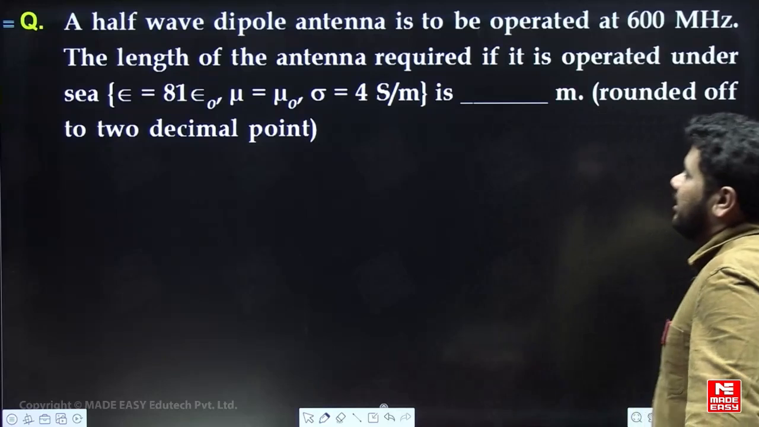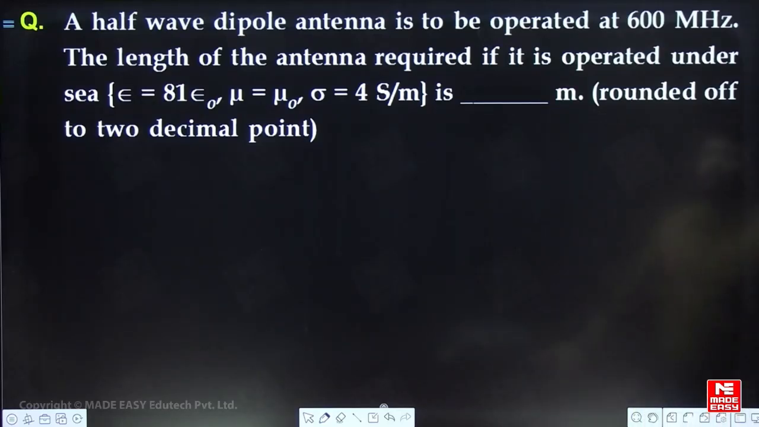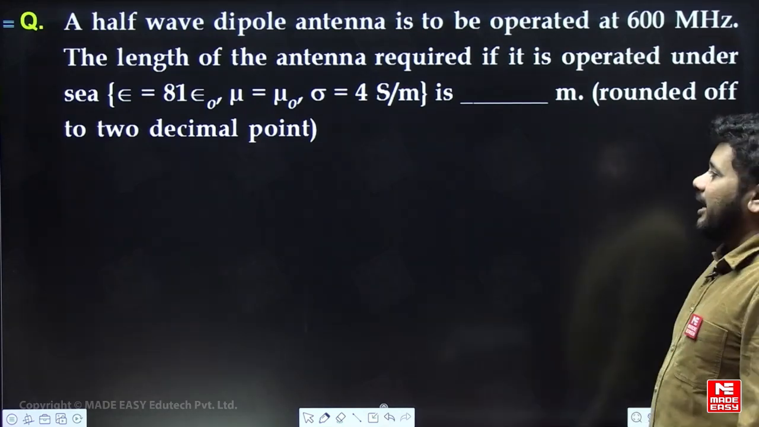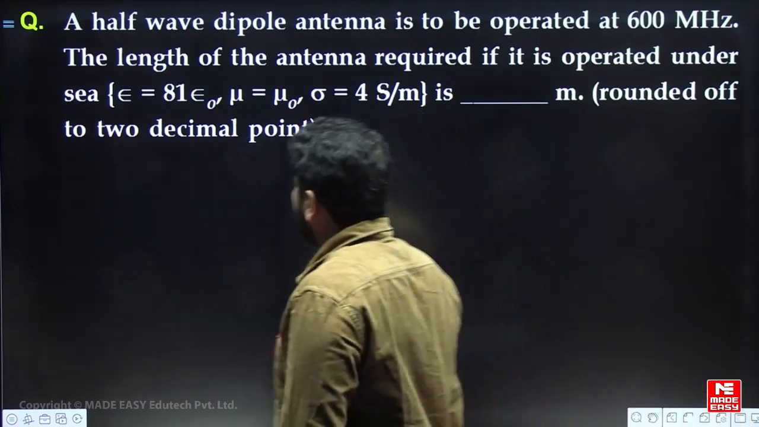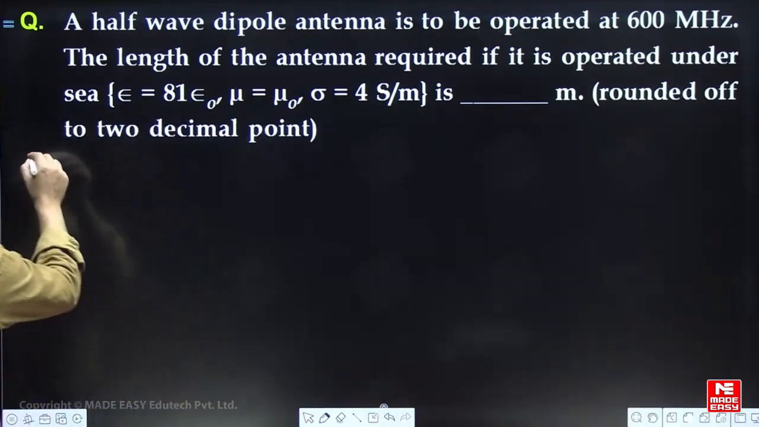The next question is saying that a half wave dipole antenna is to be operated at 600 megahertz. The length of the antenna required if it is operated under sea water, epsilon is given as 81 epsilon naught, mu is equal to mu naught, sigma is given as 4 Siemens per meter, is how much? Rounded off up to 2 decimal points. Okay. So here